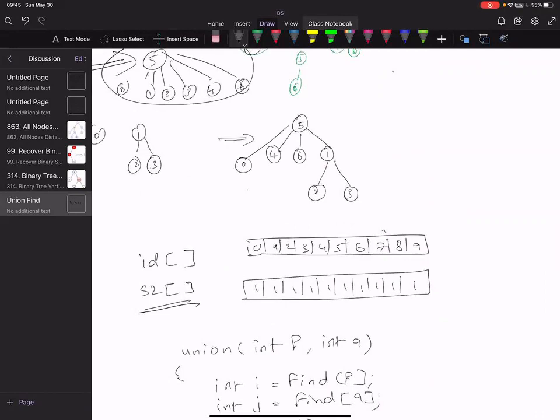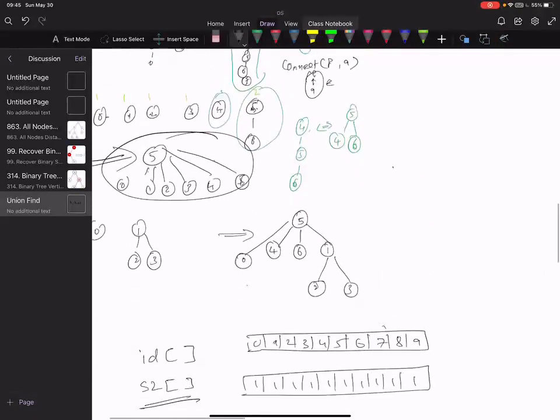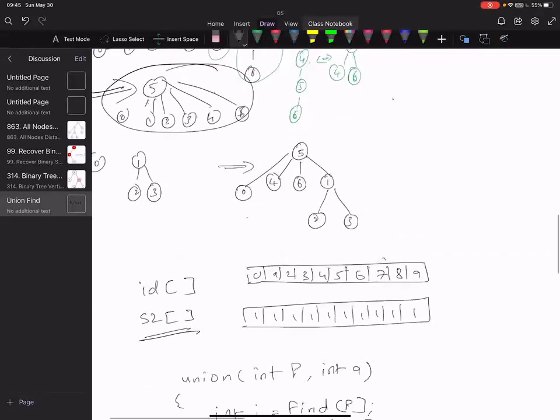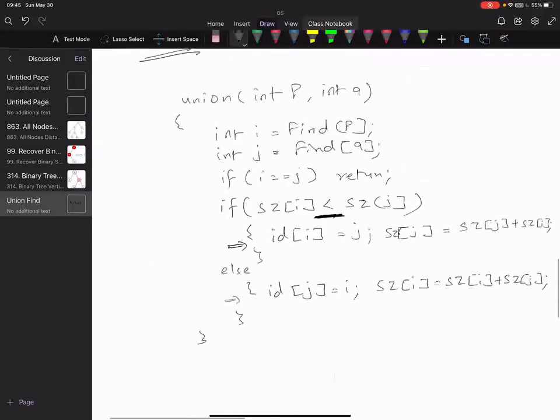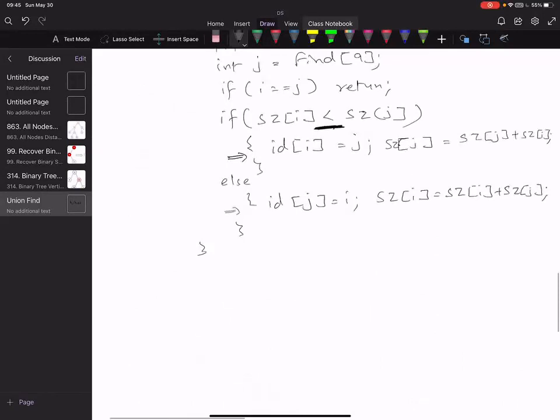When you are at least doubling the child, at least. You can have more children also, right? When you increase the depth. Okay. Any question so far?